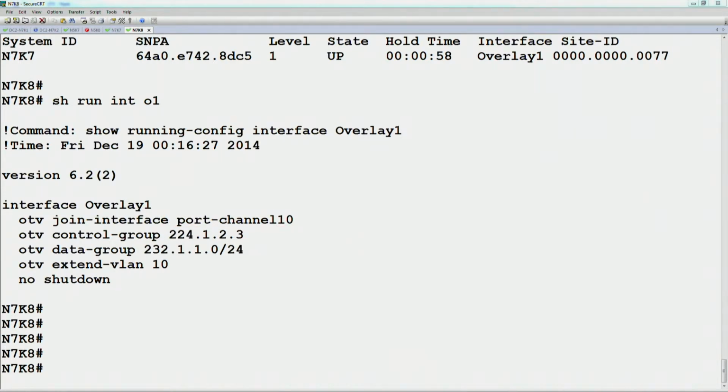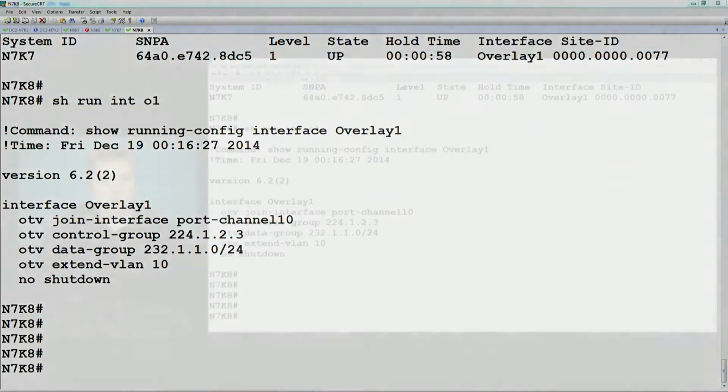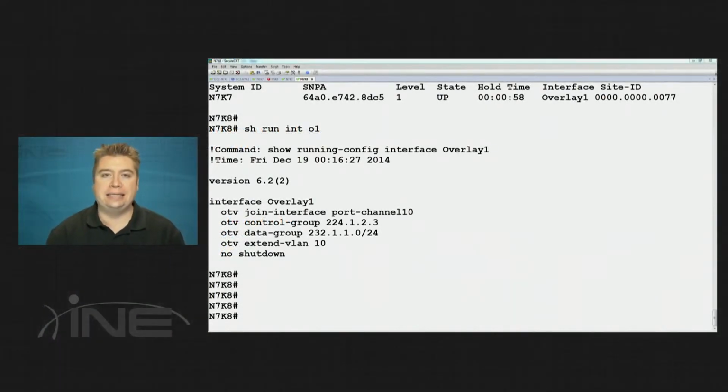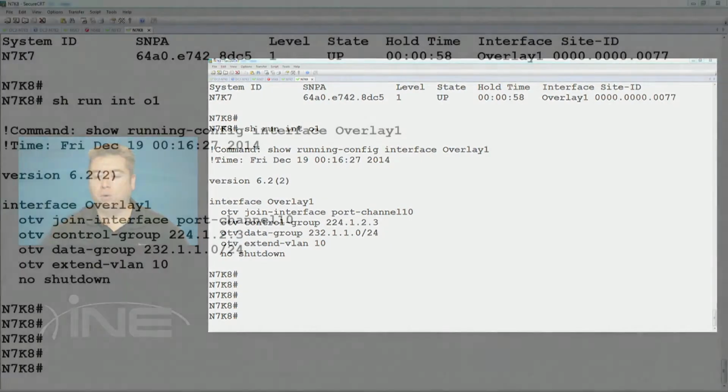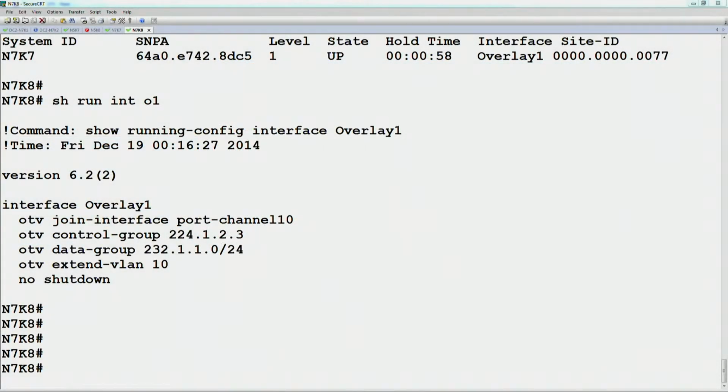Why was ISIS used for OTV and FabricPath over EIGRP? The reason why is that ISIS is encapsulated directly at layer 2. It doesn't require another layer 3 transport under it. So when you look at the frame format of ISIS versus something like EIGRP or OSPF, you would have your Ethernet header